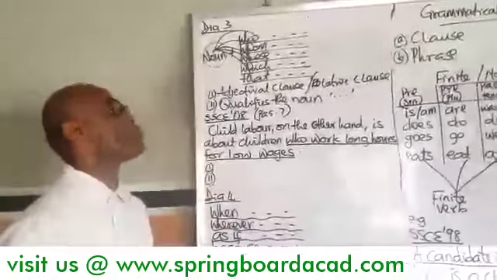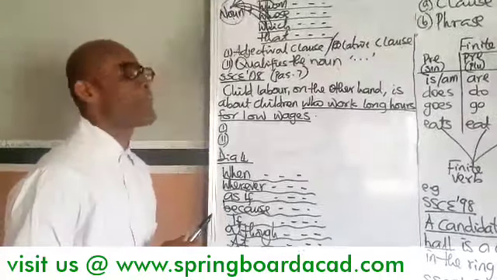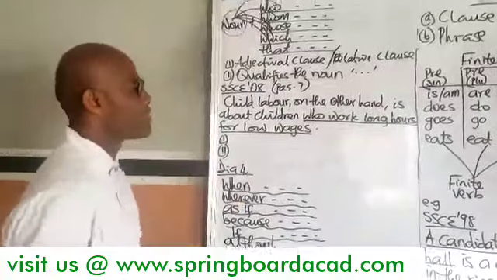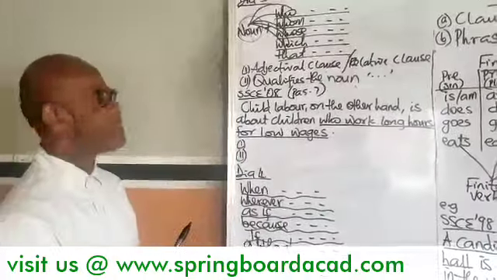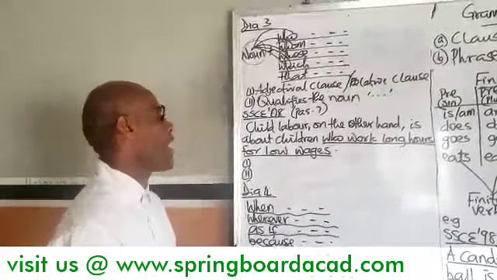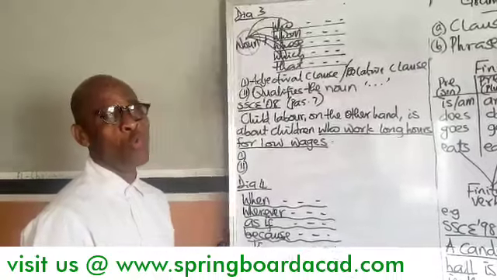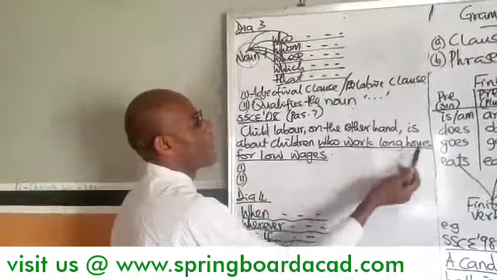Can we say an example in 2008? In 2008 SSC passage 7, you will find this. It says, child labor, on the other hand, is about children who work long hours for low wages. Like underlined, who work long hours for